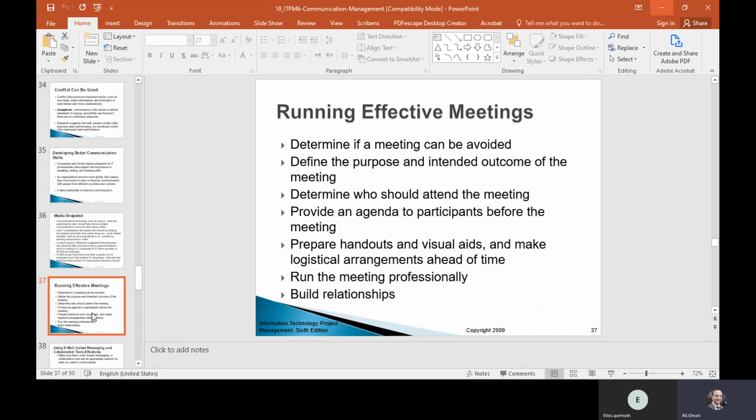And sometimes it's a good idea to prepare a handout, visual aid. Presentation is good. The handout depends on the subject. Probably you need to distribute some certain information.